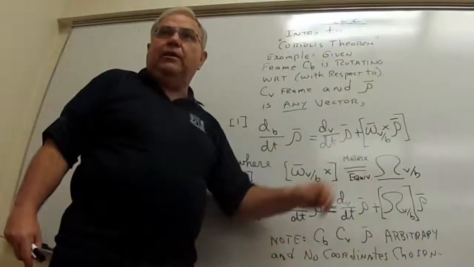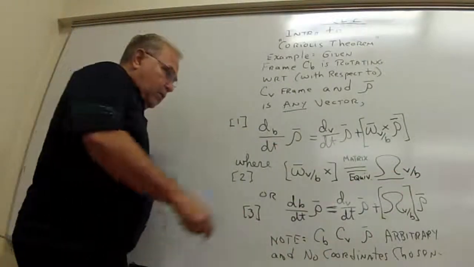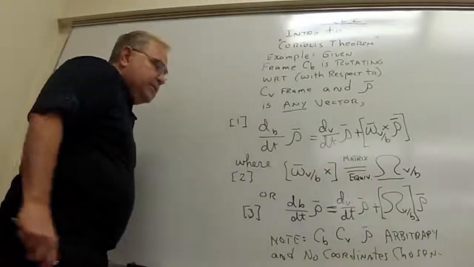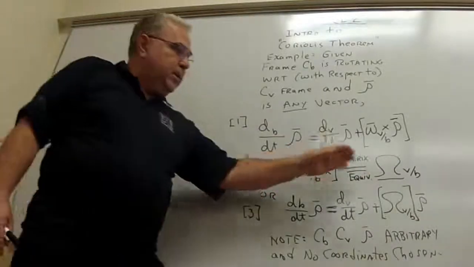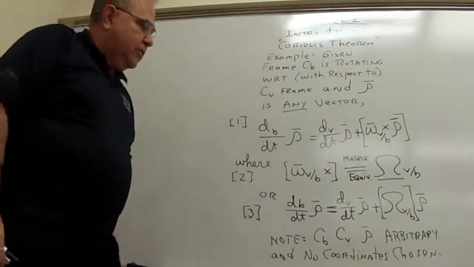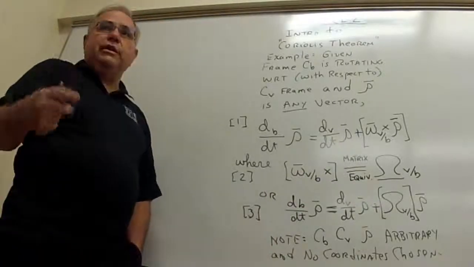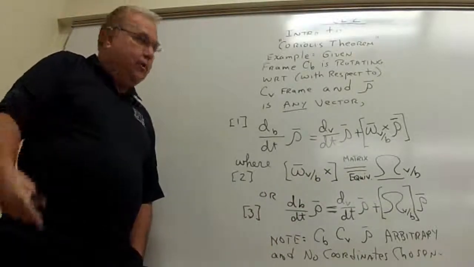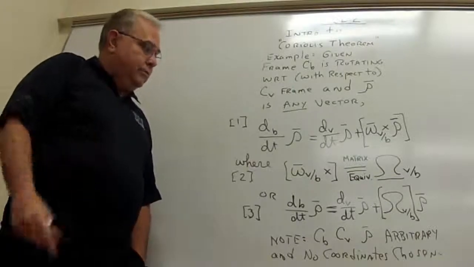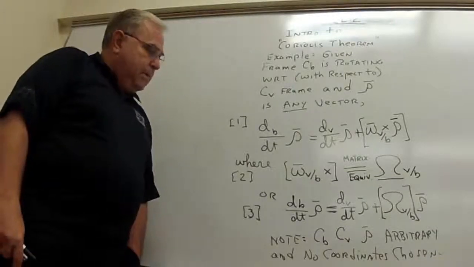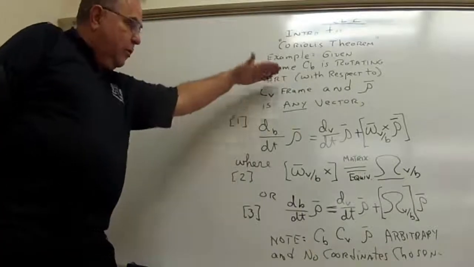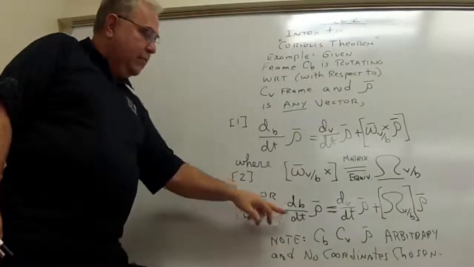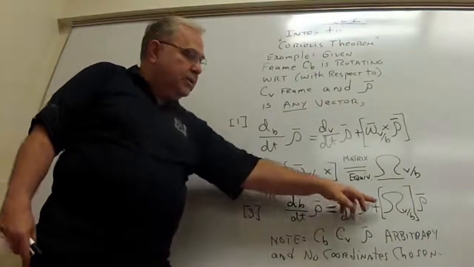I'll show you what elements are in there later. The relationship is always fixed. So we're always going to use the capital omega for the cross product. That allows you to easily program it in MATLAB or whatever programming routine you're using. So the Coriolis theorem looks like dV dt of rho equals dV dt rho plus capital omega